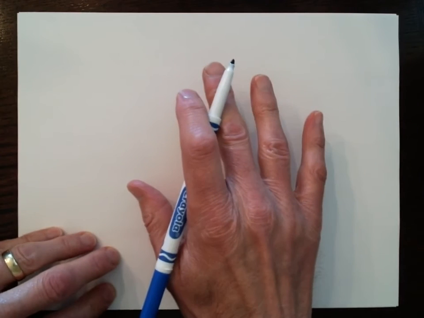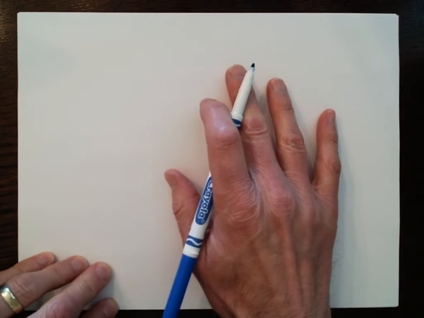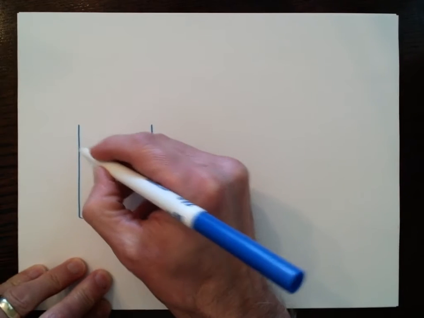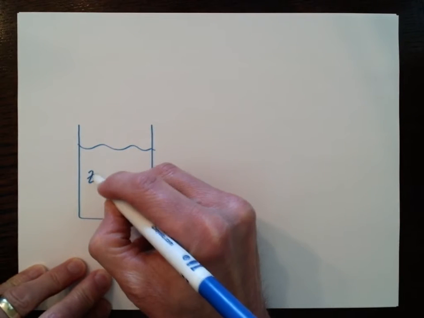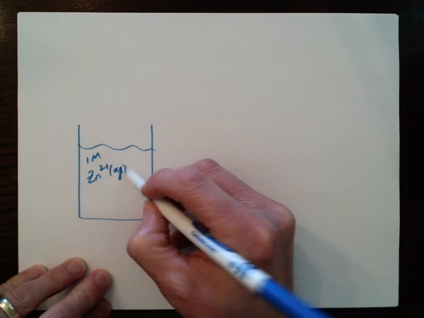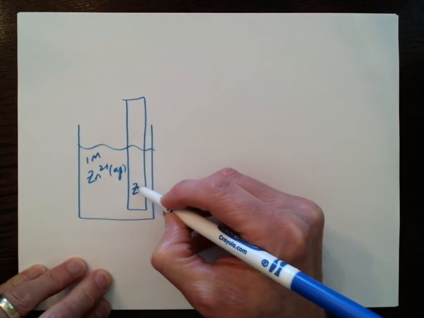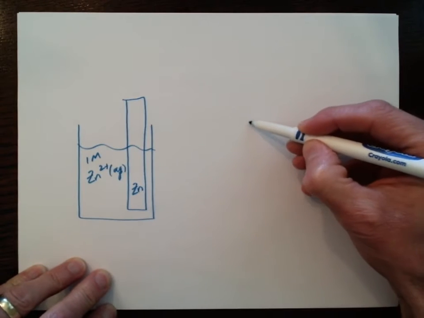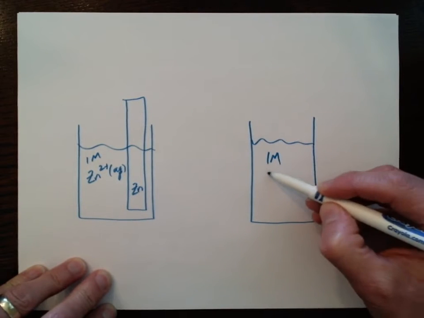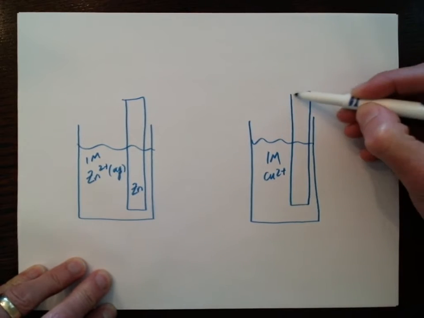Alright, in this video I want to go over the voltaic cell experiment and go over just a few things that weren't covered in the video. So in the experiment you'll remember that I took a solution of 1 molar zinc ions, and into that solution I placed a strip of zinc metal, and I also took a solution of 1 molar copper 2+, and into that solution I placed a strip of copper metal,